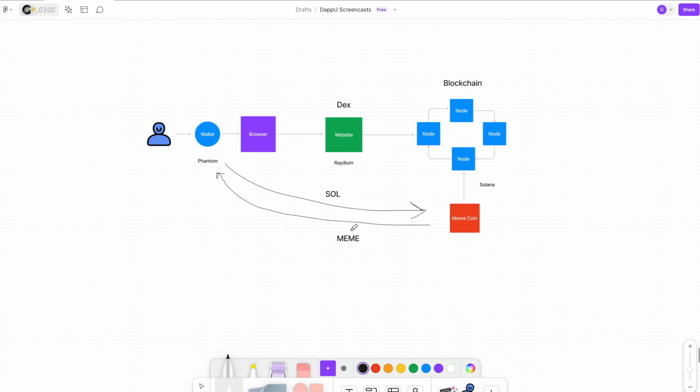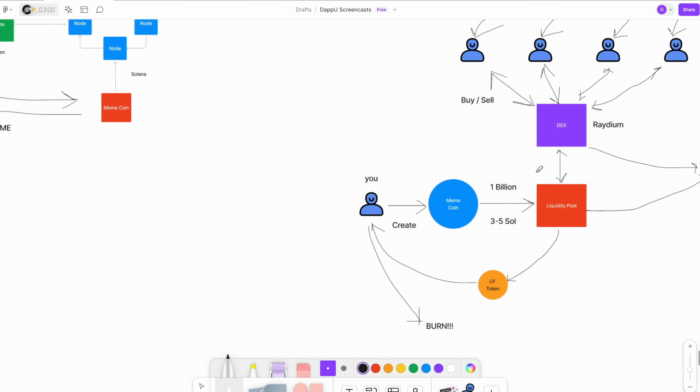It needs to get listed on a DEX like Raydium so people can buy it, and then people need to find it on a website like DEX Screener, and then you also need to legitimize your project with all the other assets that I talked about a minute ago.